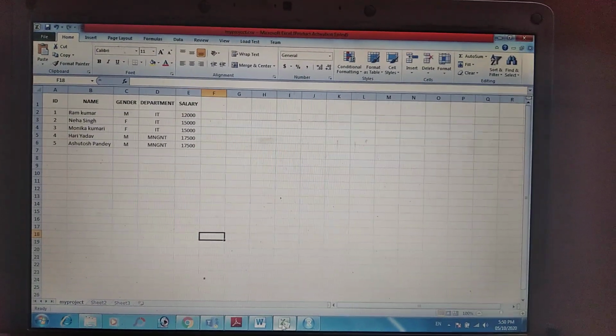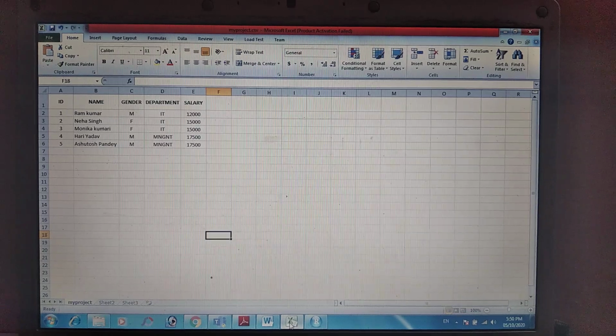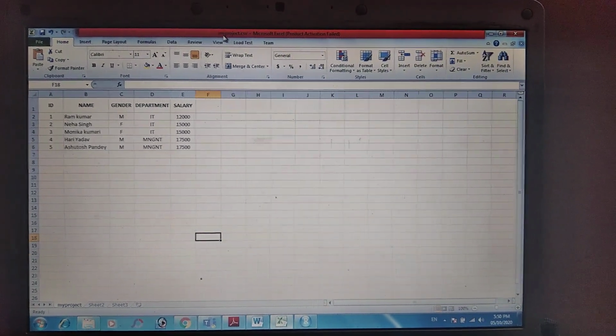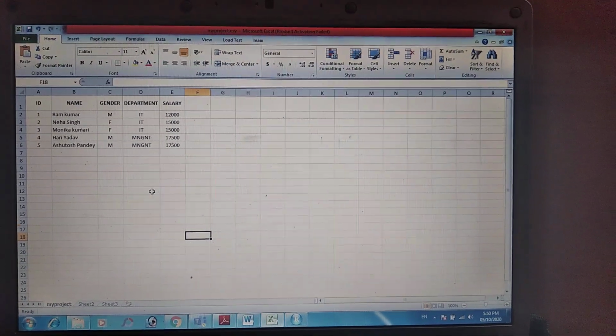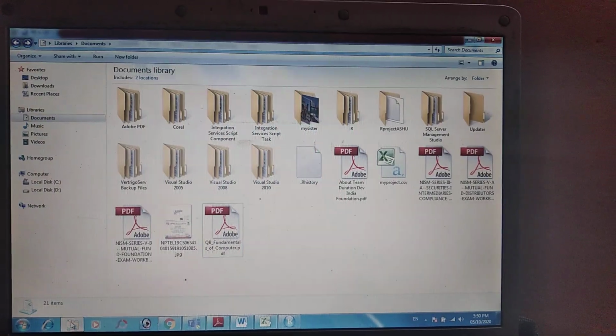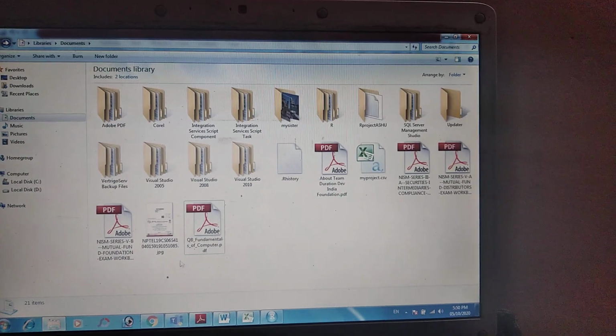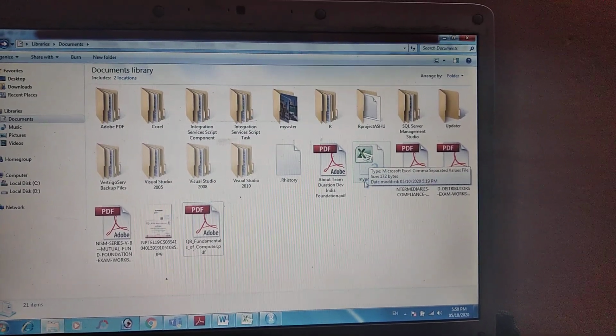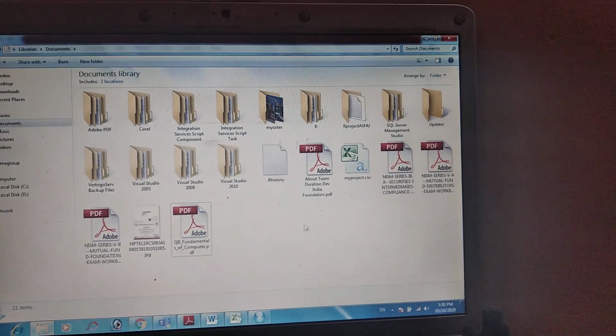First off, we created a CSV file by the name of myproject.csv, and here this is a project.csv file.